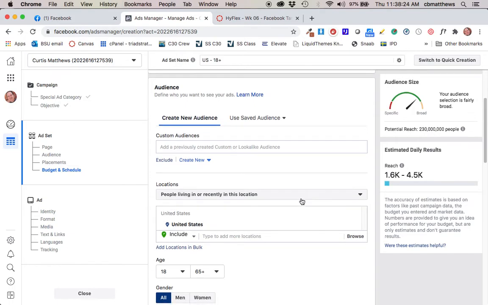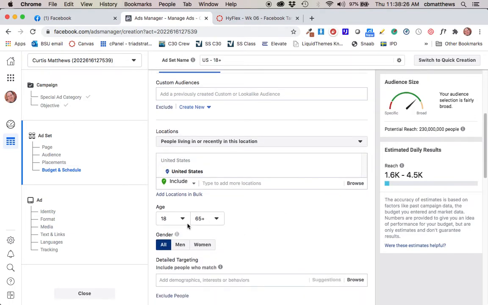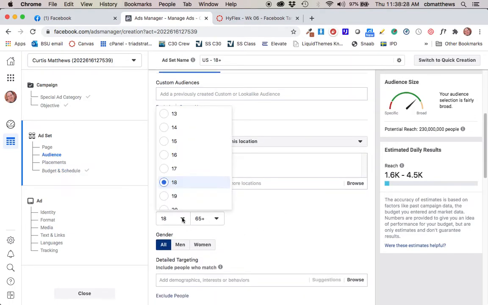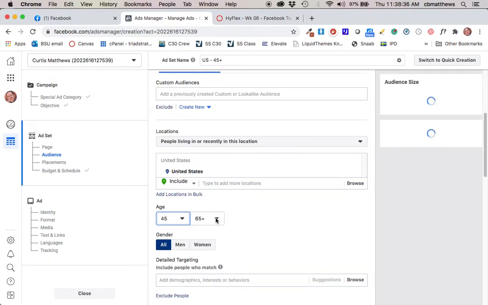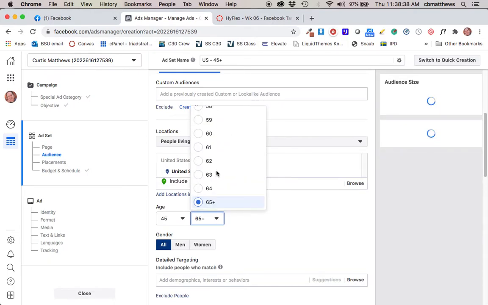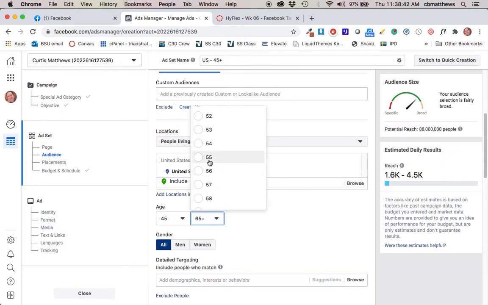Okay, right here. I'm going to say age of 45 to 55. And if for some reason you happen to know that your mom or dad, again, you need to be